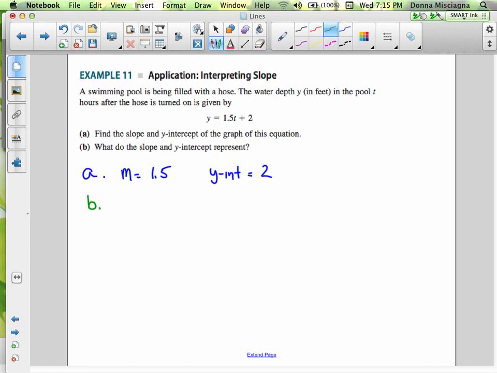Let's start with the y-intercept. Okay? So remember that the y-intercept is the value of y when x is 0. In this case, x represents t. In this case, it'll be when t is 0. Right? So y equals 2 when t equals 0. So the t here represents time. So when no time has elapsed,